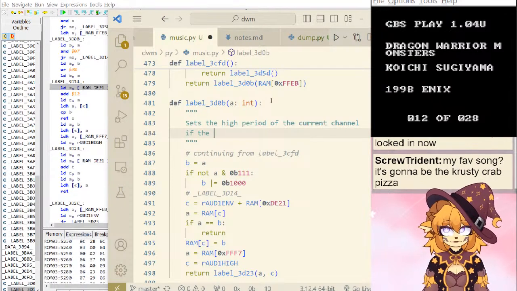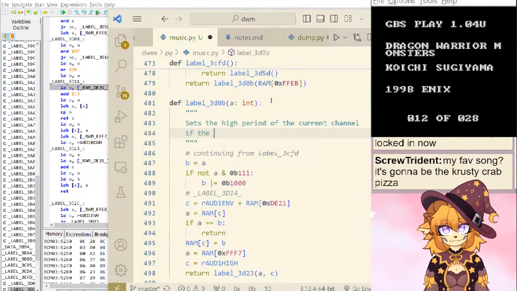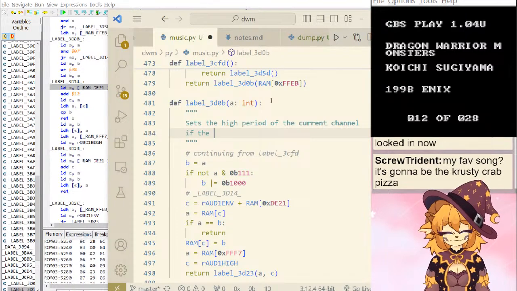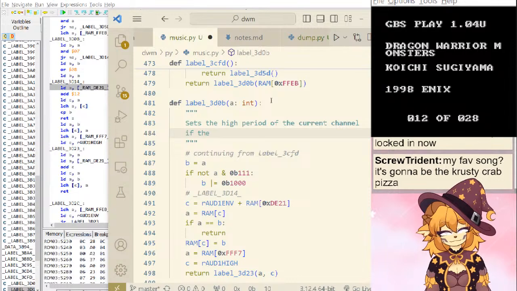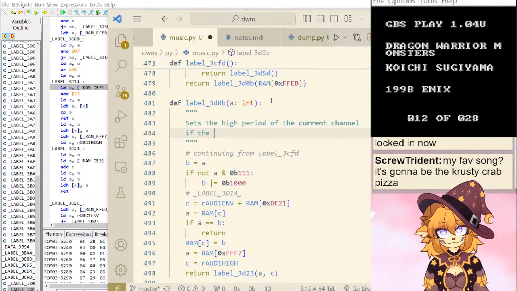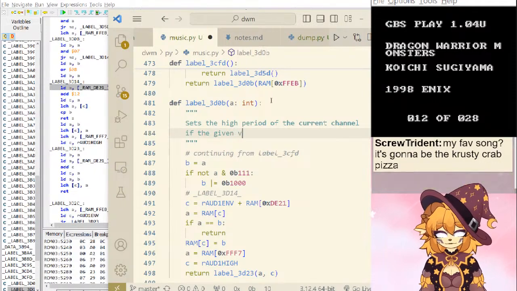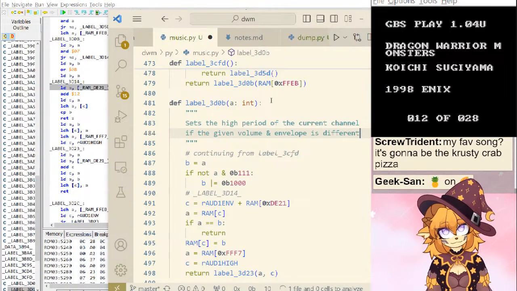Song it's gonna be the crusted crab pizza. I don't know if I remember that one. So high period of the current channel if the given volume on the loop is different.